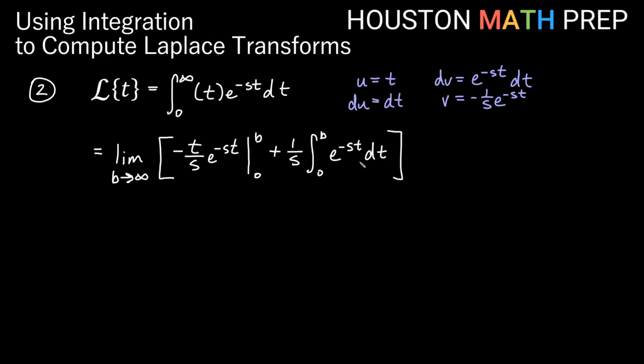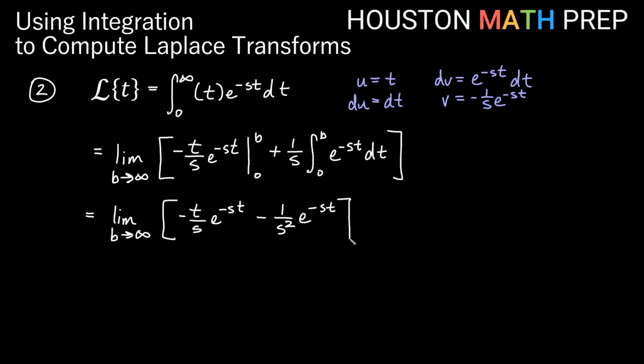And then we'll just need to evaluate this integral here. Let's go ahead and do that. So we'll have the limit as b approaches infinity of what we already have, negative t over s, e to the negative st. Now, the reciprocal of negative s comes out, so we'll get negative 1 over s, joining this 1 over s we already have, so we'll say minus 1 over s squared, e to the negative st,